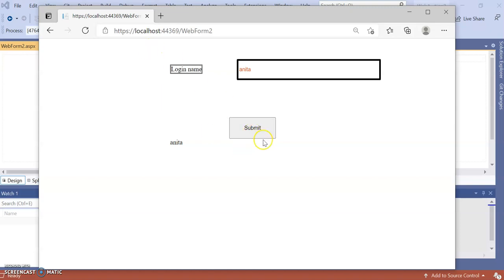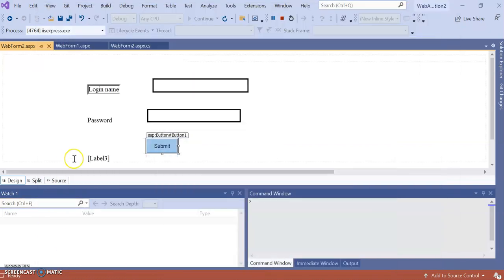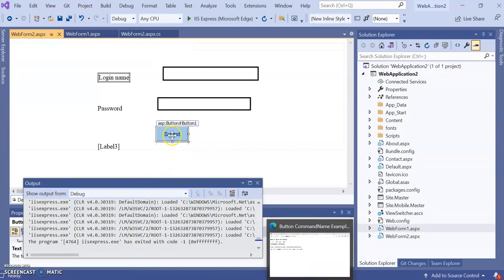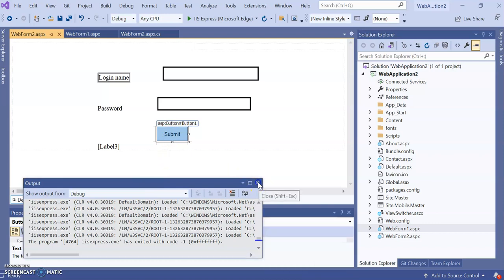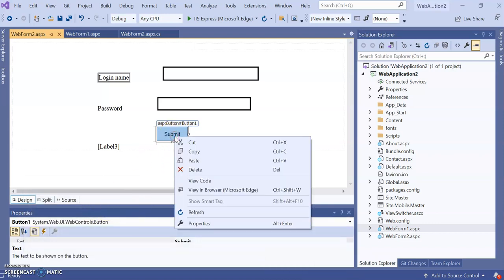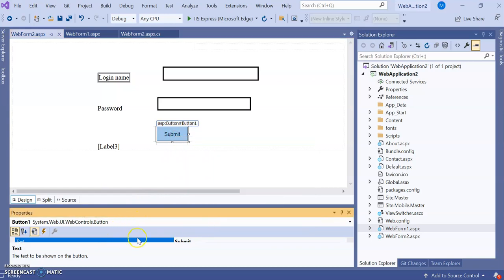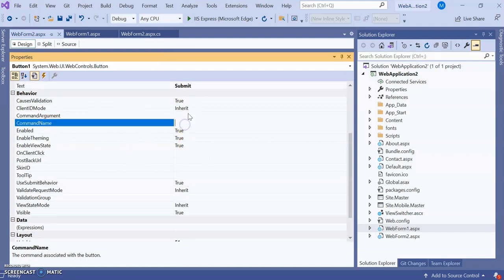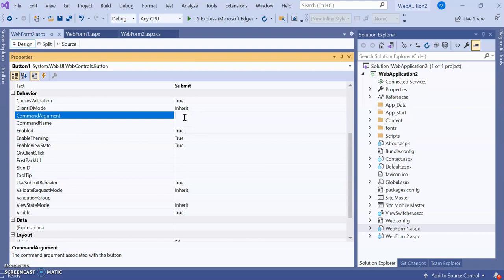Along with the submit button, we can use a command button, and I will show you how exactly that command button works. Here in a submit button, if we go to the properties of the submit button, you can see command name and command argument are blank.